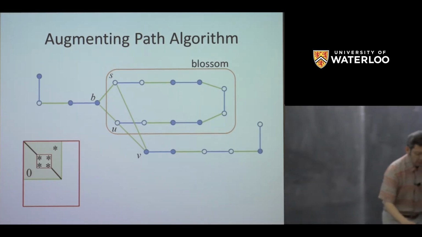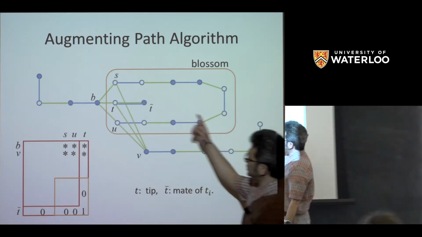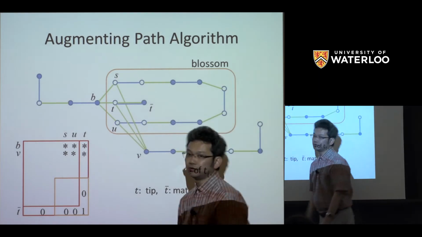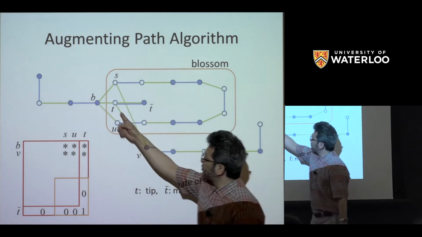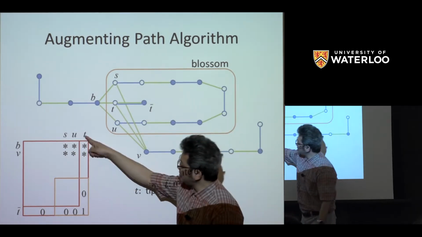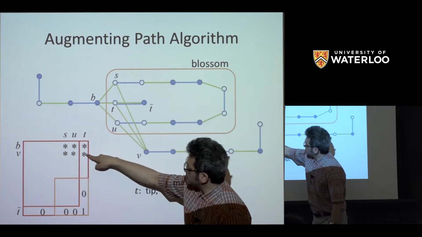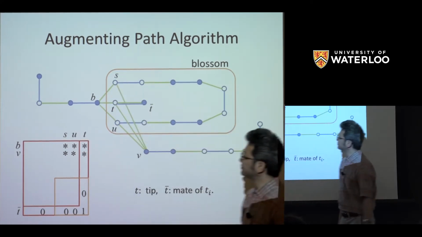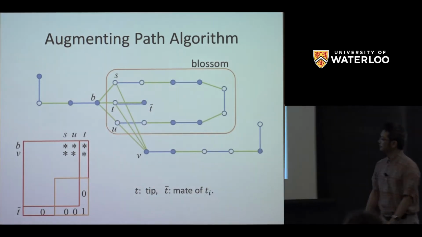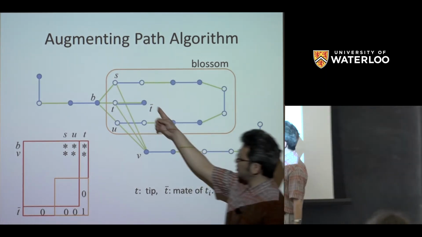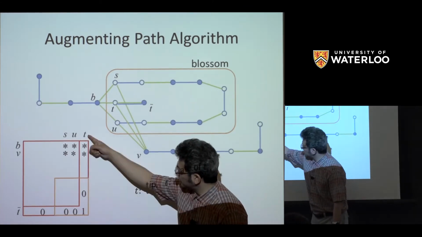Now, what should we do in that case? And what we will do is actually like this. So if we find this kind of blossom, we introduce a new vertex called tip, okay? And its mate, T bar. So T is defined so that, at least outside of the blossom, it is a copy of this S, one of these, say, adjacent to this bud. And this T bar is simply defined so that it has 1 corresponding to T